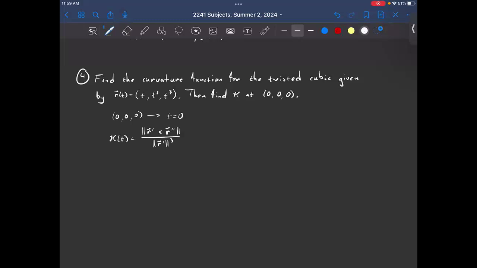Now this formula can be written a different way. It's going to be easier in this case for us to just compute it as is, but I'd like to at least write that formula out real quick. So we have the norm of a cross product, and if you remember, that can be rewritten as the norm of the two vectors times the sine of the angle between them. And then